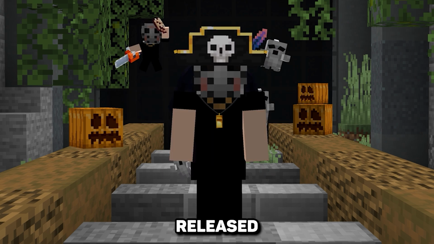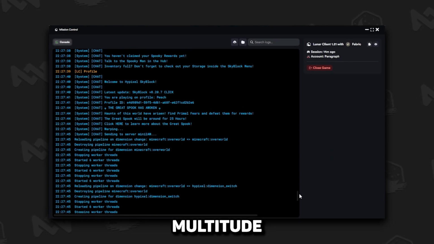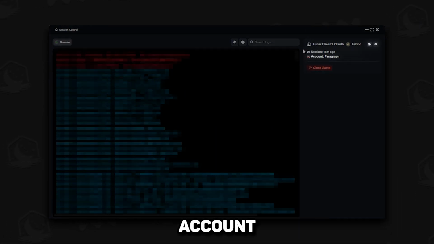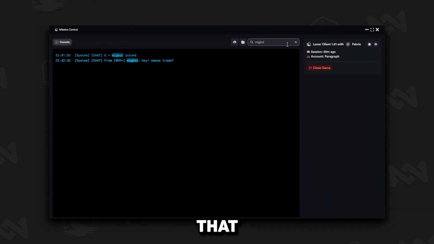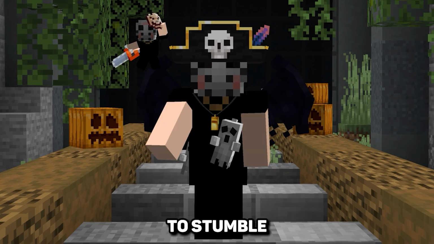We've also just released our mission control menu. This menu can be toggled inside of your launcher settings and will give you a multitude of information about your game, such as console logs, game session information, and account details. Not only that, but with its search feature, you can easily find chat messages that you may have missed or upload your logs to our internal team for review, just in case you happen to stumble across any bugs or